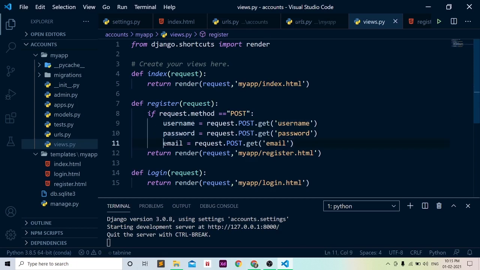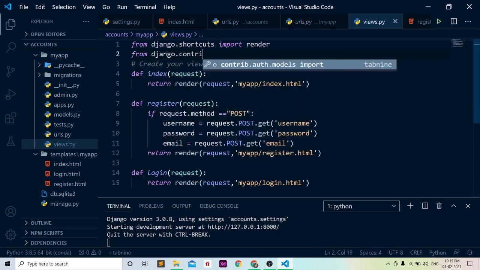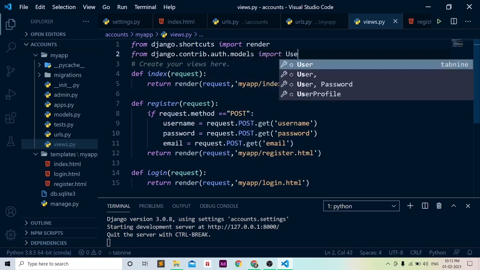password and email. Now we need to add these values in our user model, so we need to import that model first. So from django.contrib.auth.models import User.